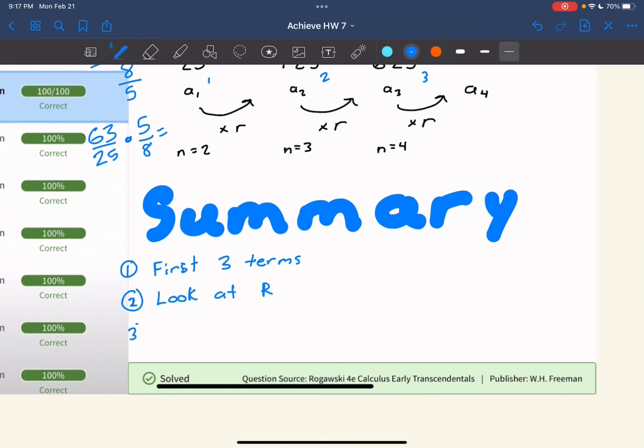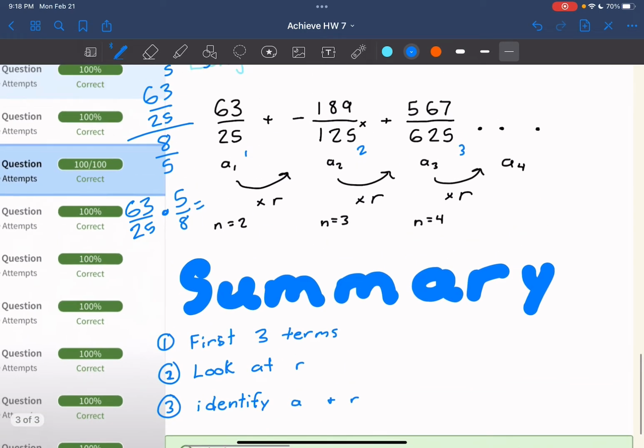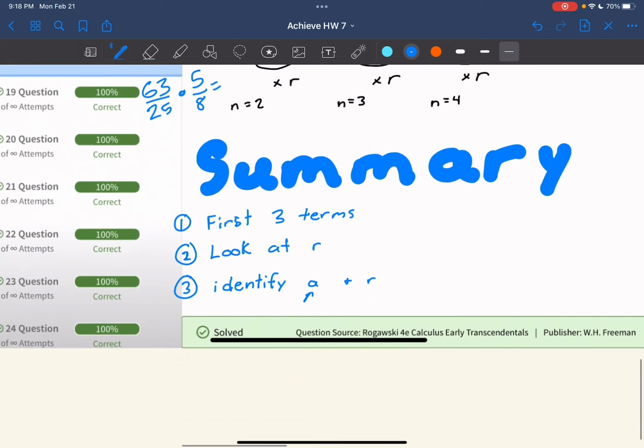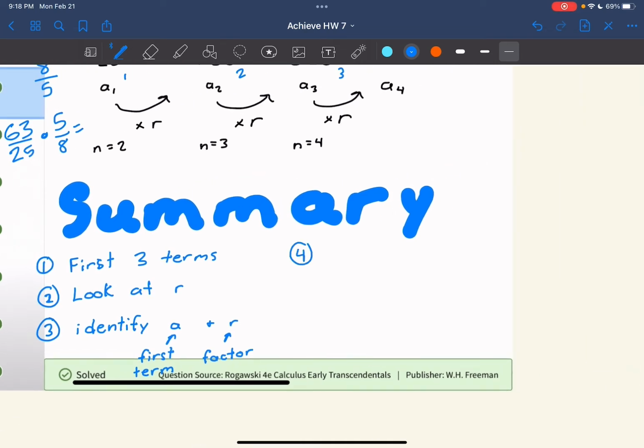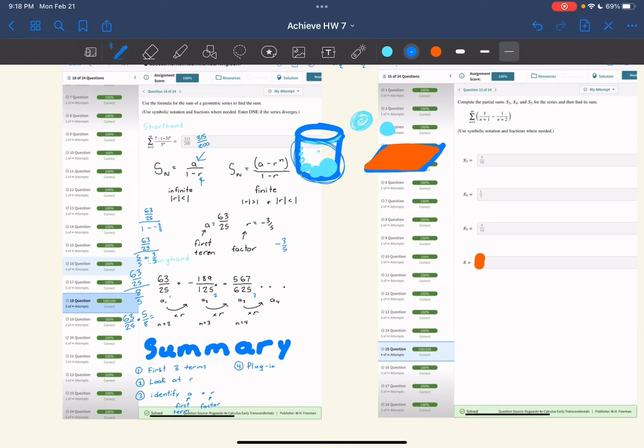Let's look at the third step. So the next step after that is identify A and R. I'm just going to write it lowercase. Identify A and R, and A right here is going to be your first term, and R is going to be your factor that you're multiplying by each time. Okay? And then fourth step, plug in. Okay, so that's pretty much how you do this problem,